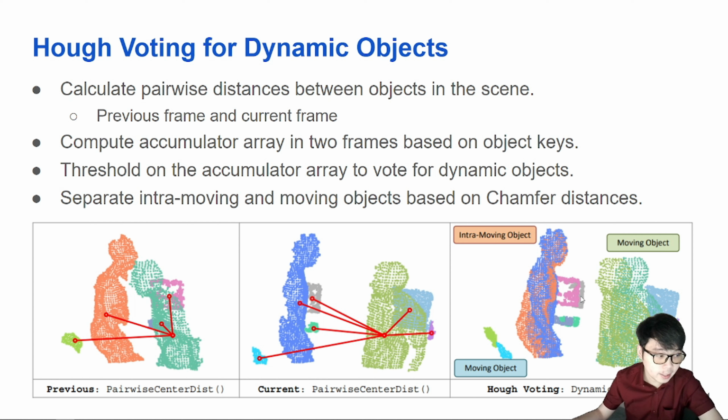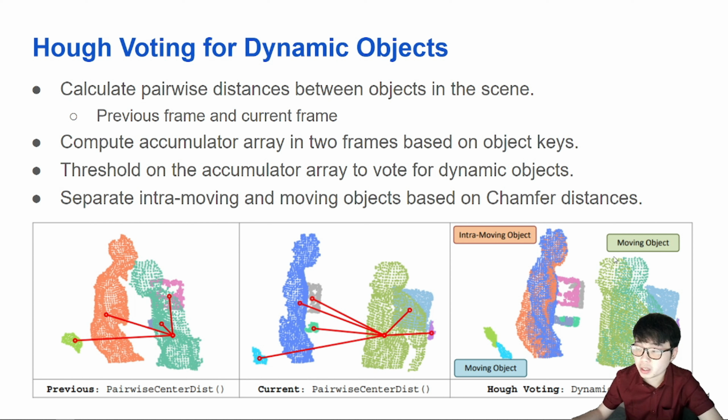That is the whole idea of geometry voting for dynamic objects. Once we have these moving and intra-moving objects, we can keep the intra-moving objects in play while removing the moving objects from the scenes to reconstruct the 3D scenes and give the robot more precise perception for performing